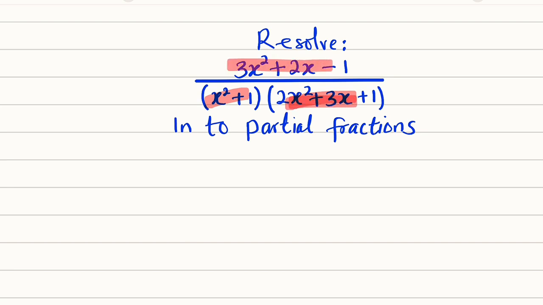And this quadratic function is also reducible. So let us reduce this and this all together. Our numerator is 3x squared plus 2x minus 1. You can factorize it as x plus 1 multiplied by 3x minus 1. So our compound fraction becomes